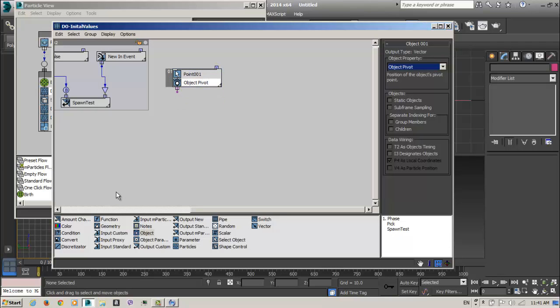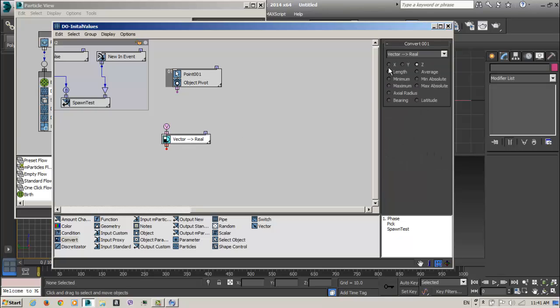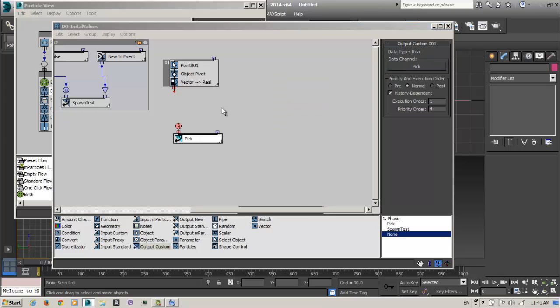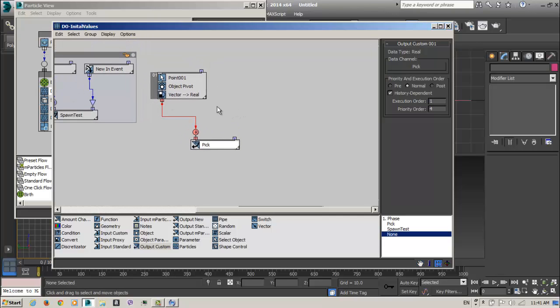What I want to have from this vector is convert vector to just the z. I'm interested in the z, so I get the z of my helper, and I connect it to output custom. So this will be our pick. Okay, we will change it after that.